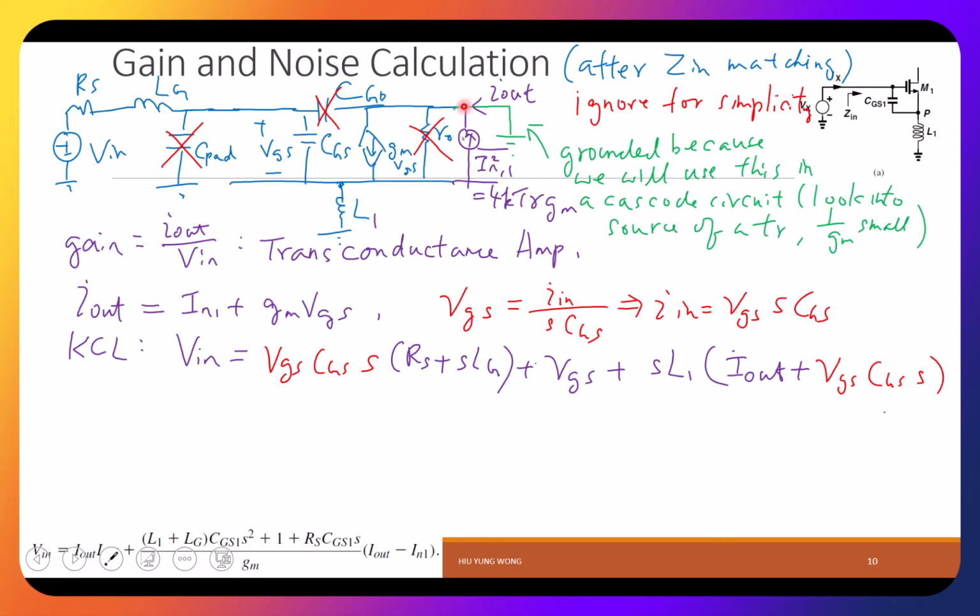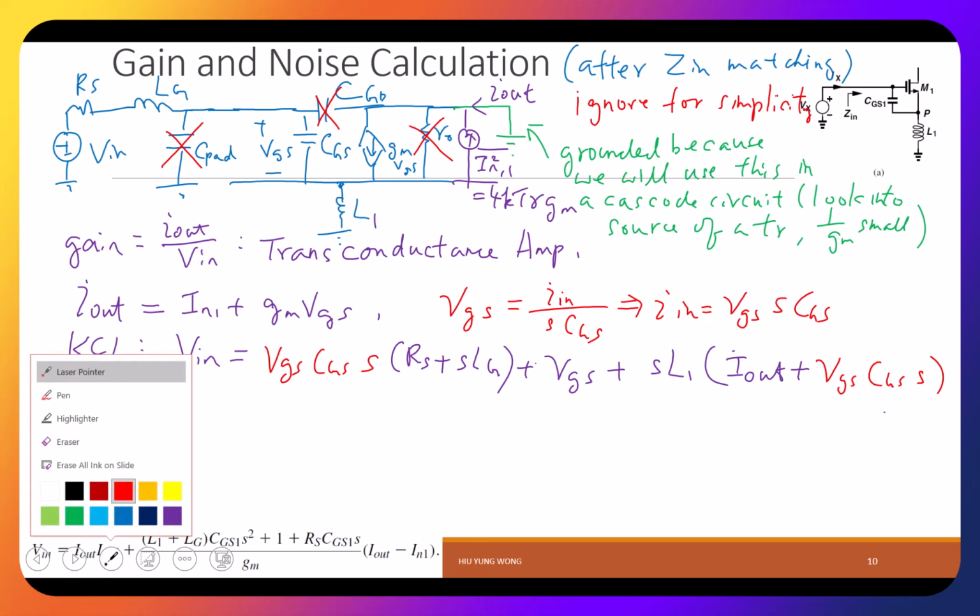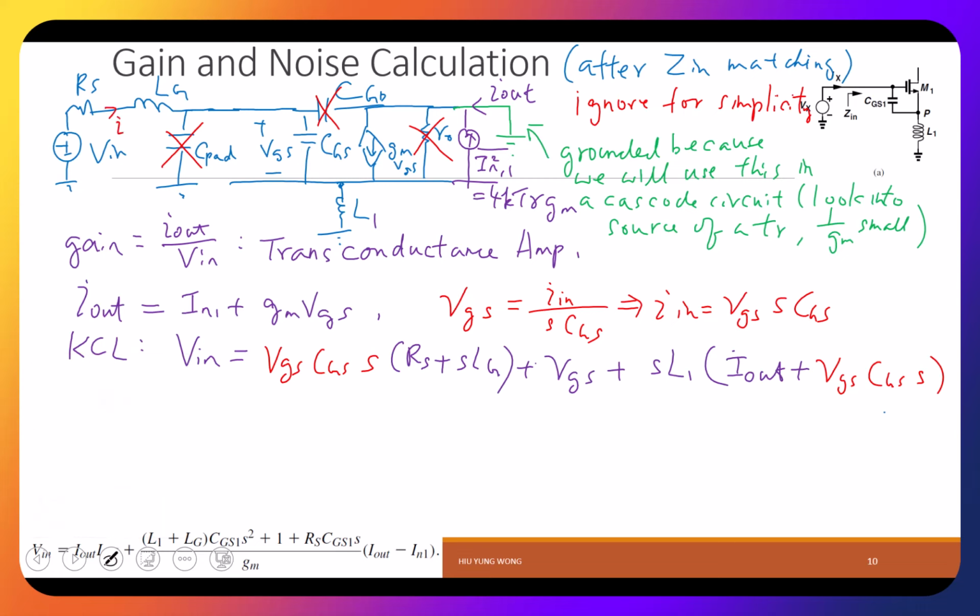This is I_out. Yeah, it will go through different branches, but anyway, all this I_out will merge here and they will go down here. And this is I_in, right? Maybe I can just highlight that. This is I_in, right? So I_out plus I_in, they all go to L_1. So times sL_1 will give me the potential drop across this, which is V_S. Okay? Now with all this, then I can come up with the equation. I can simplify it. I could get V_in